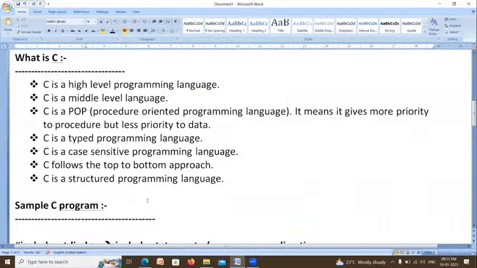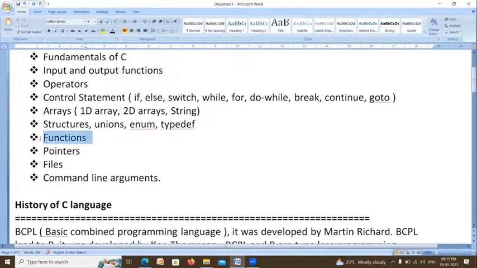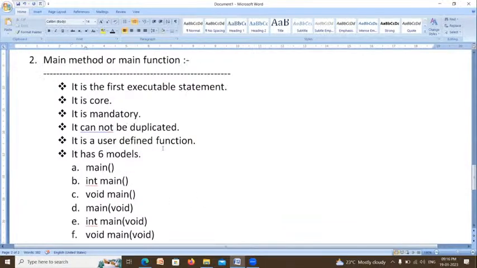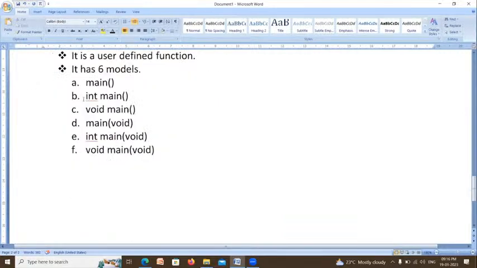There is one concept, no? I already explained you, functions concept. At the time of functions, what is the difference between int main, void main, and just main? You can understand at that time. It indicates the return data type, actually. What this function can return: it can return an integer. It can return nothing. Void means nothing. It doesn't return any result from this function. You cannot understand such type of words now. I will explain you in the topic of functions, right? So it is about the main function.